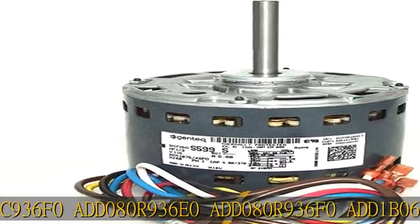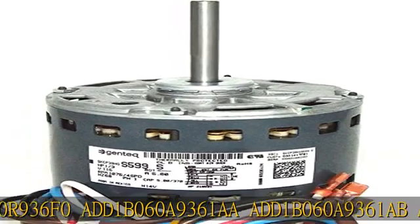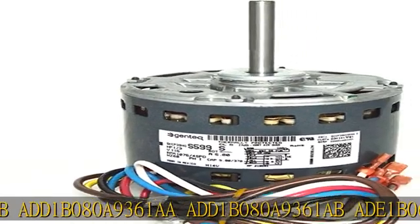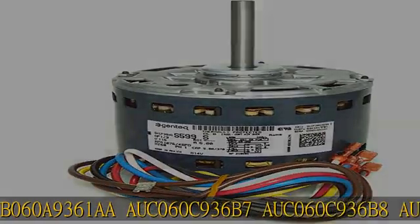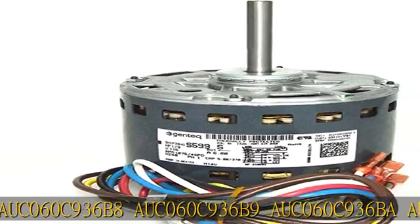AUC060C936B7, AUC060C936B8, AUC060C936B9, AUC060C936BA, AUC1B060A9361, AUC1B060A9361A, AUC1B060A9361AC, AUC1B060A9361AD, AUC1B060A9361AE